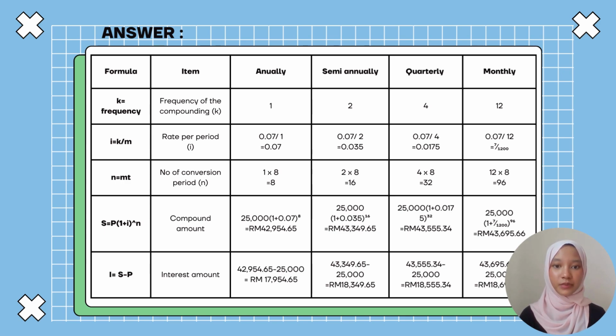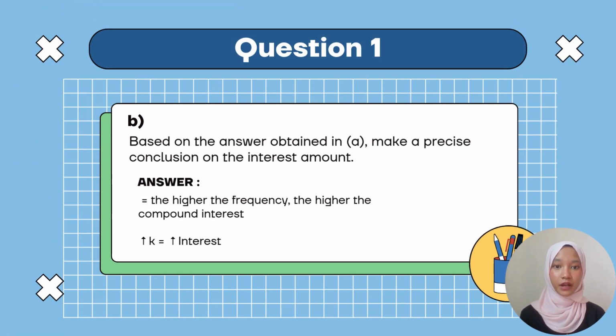The fourth one, the compound amount or the future value, can be found by substituting all of the values into the formula. The last one, the interest amount, can be found by subtracting the principal amount from the future value. For B, based on the answer obtained in A, make a precise conclusion on the interest amount. Looking back at the table, we can see that the higher the frequency K, the higher the